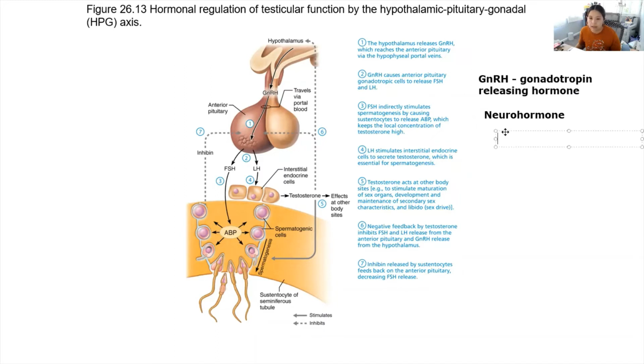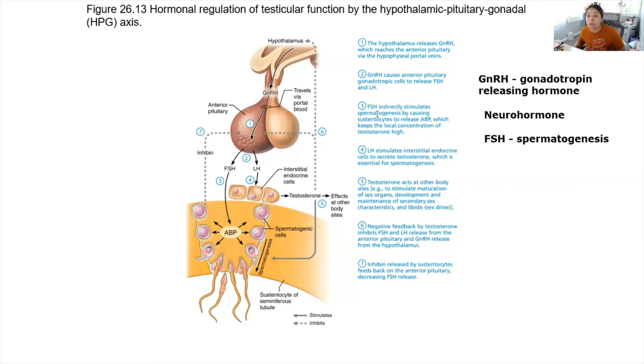So you should know that FSH is going to promote spermatogenesis, so the production of sperm. You can see it here in step 3. Well, first of all, step 2, gonadotropin releasing hormone causes the anterior pituitary gonadotropic cells to release FSH and LH, which is why I said here. And then FSH indirectly stimulates spermatogenesis by causing